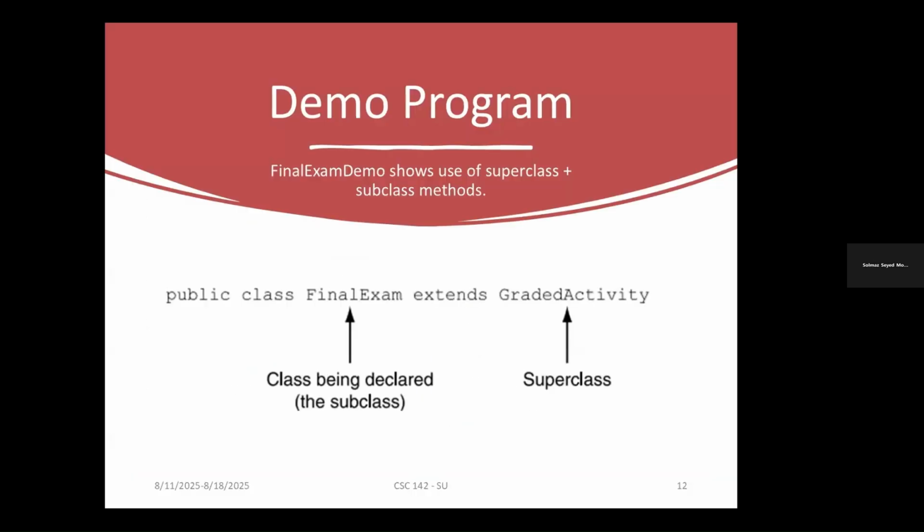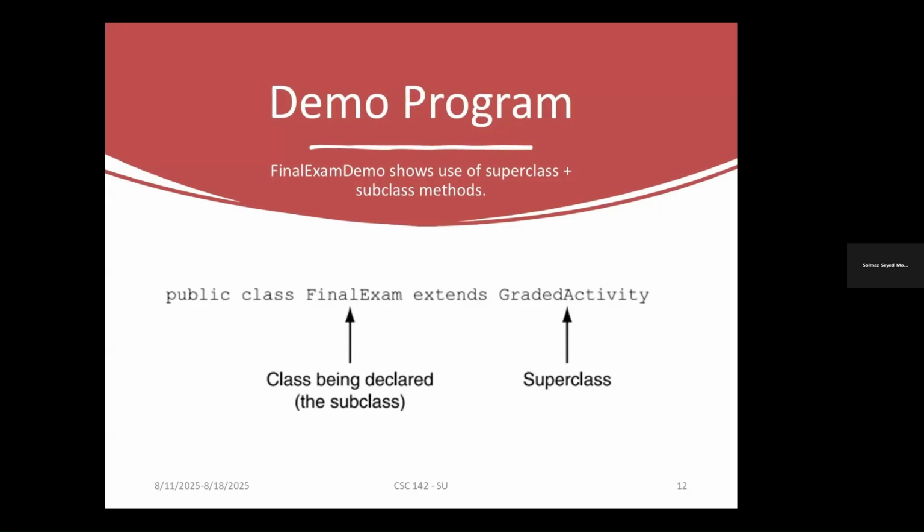Here, that's line number 5. I explained to you what the superclass is and what the subclass is. Here we have a very, very important keyword, extends, the relationship between subclass and superclass.